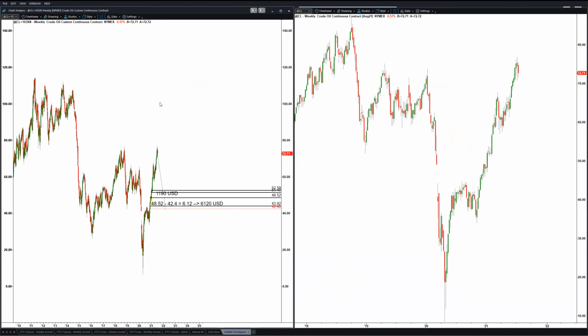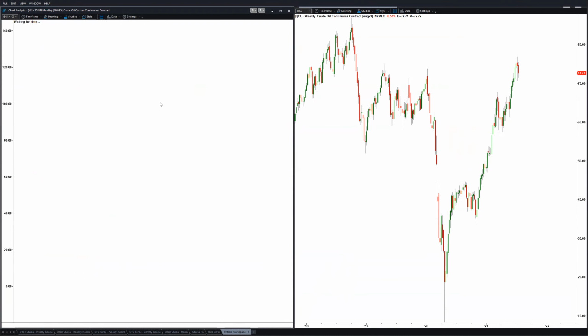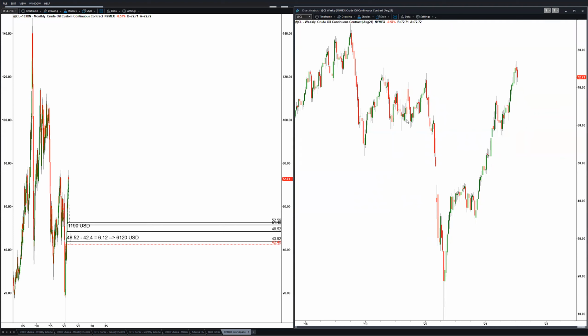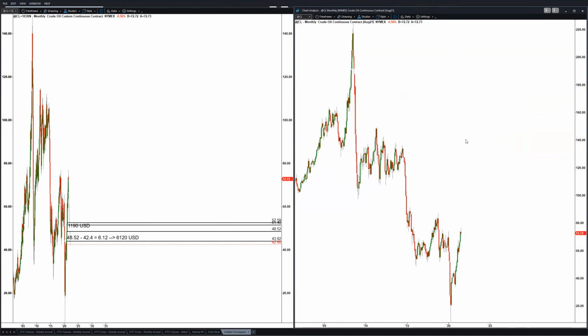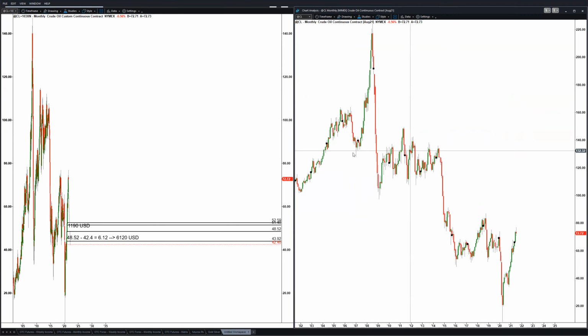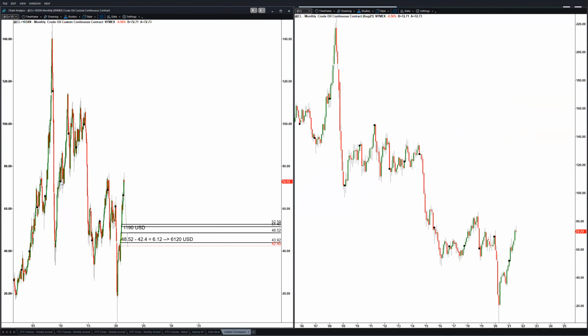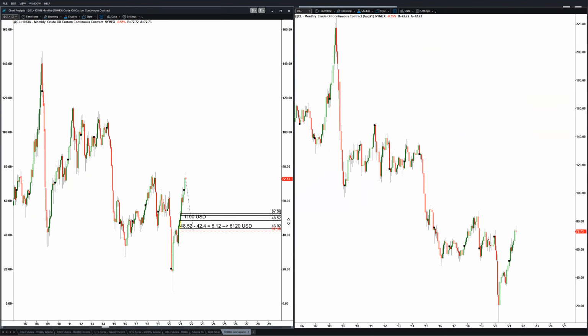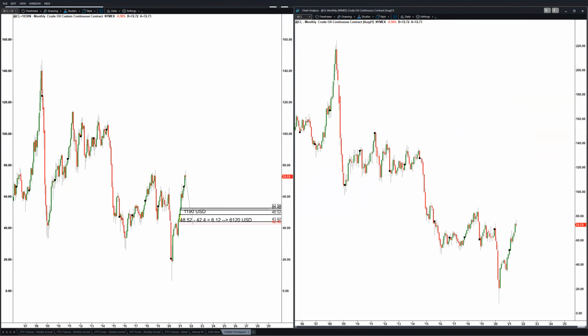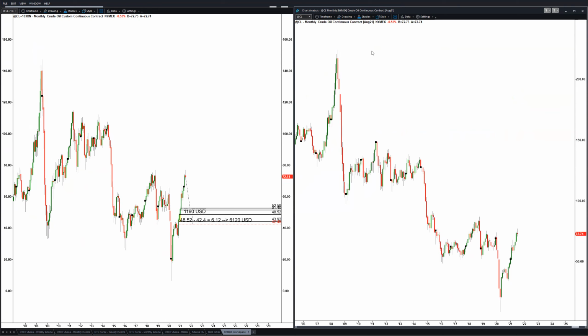And I look at the monthly. Then I see one disadvantage and one advantage of the adjusted chart. If I look at the high, the very high of the adjusted chart,